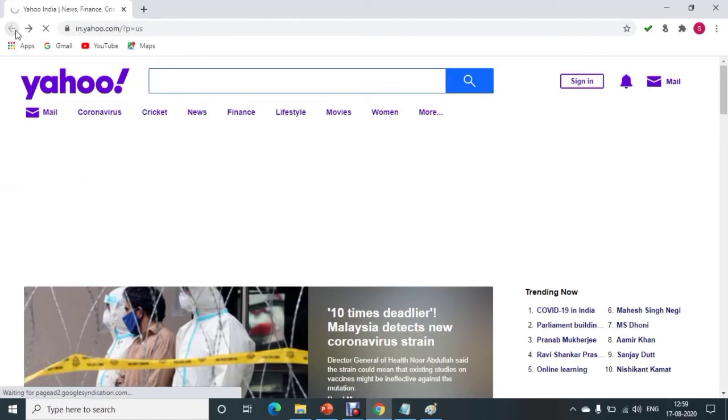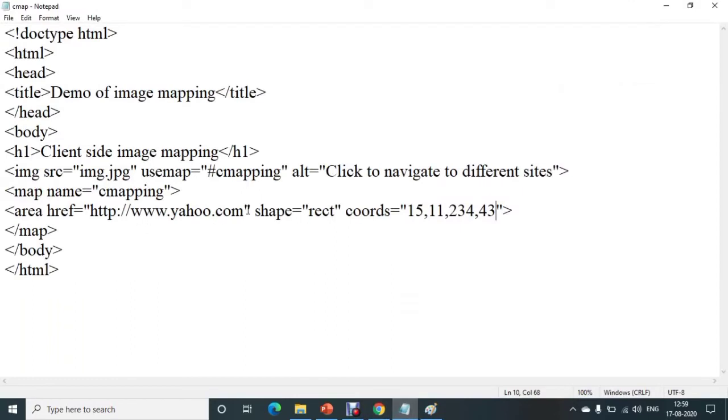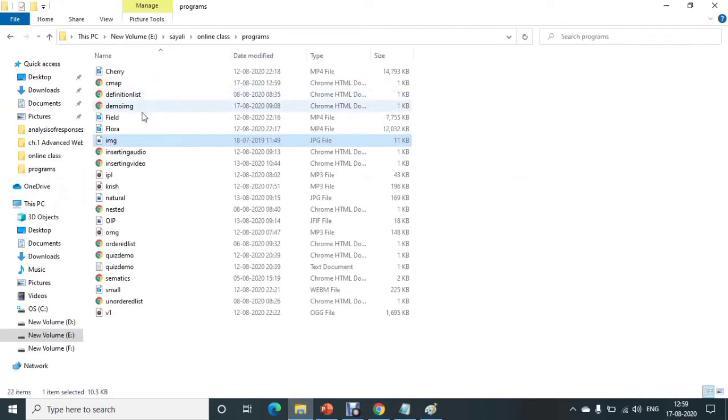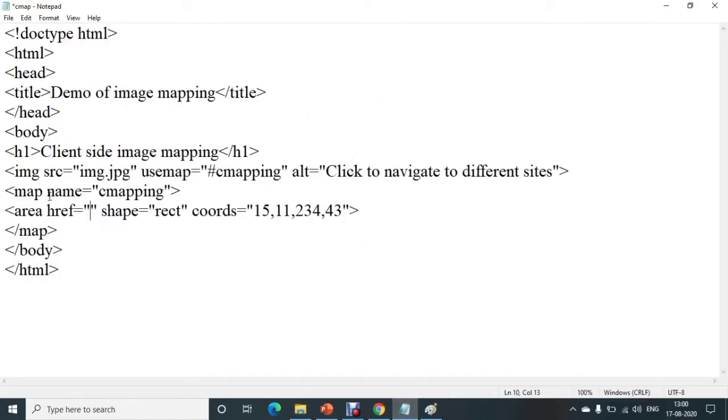Okay, you can specify here the path of any other file as well. That is, if you want to navigate to a file that is within your computer itself, then you can specify here the path of that file. Suppose by clicking on Yahoo you want to navigate to a different file, like suppose definition list or ordered list, then you can specify here that file name, that is orderedlist.html.